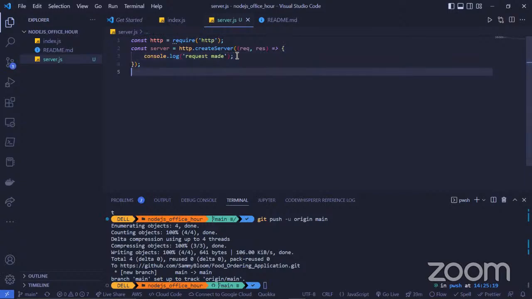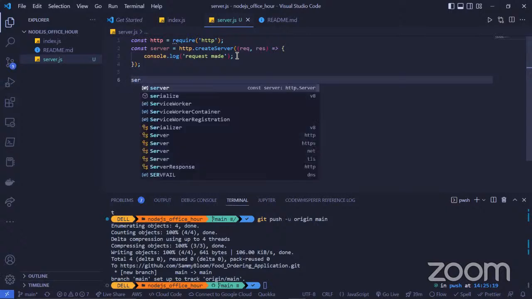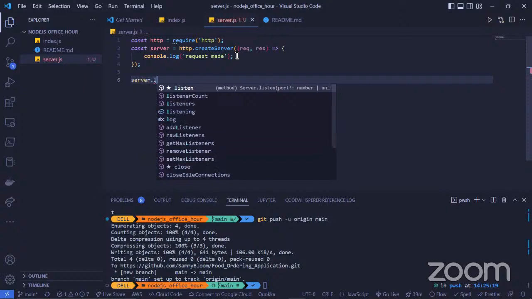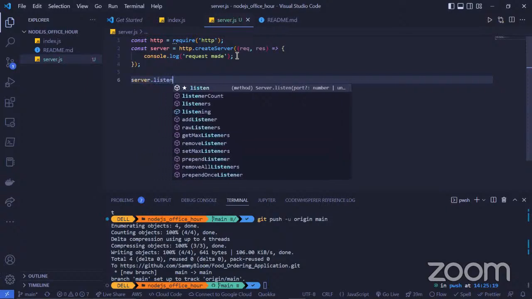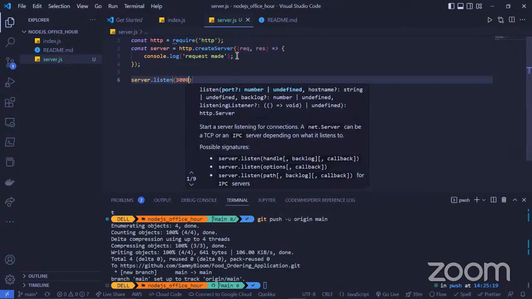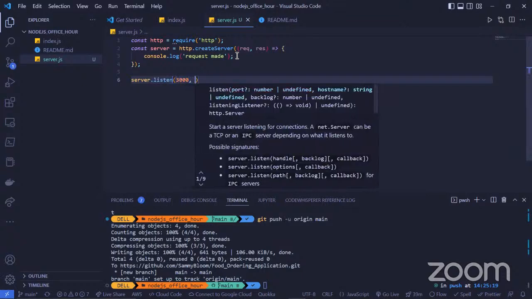And then the next thing I want to do is listen to the changes in the server, so as to know what's going on in the server at every given point in time.